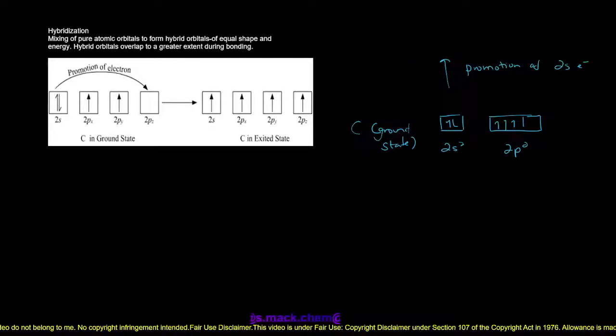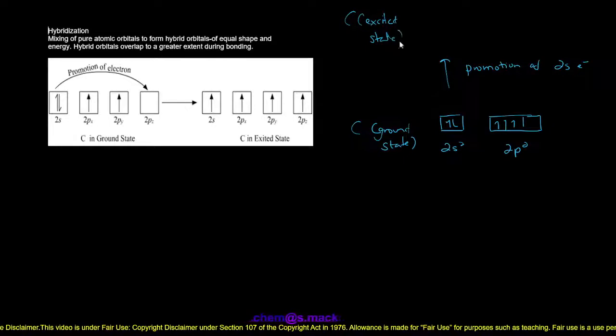So I've redrawn my diagram just to show the pair of electrons in the 2s subshell and the 2 electrons we will find in the 2p subshell. For carbon to exist in an excited state, which I'm just going to call carbon star,